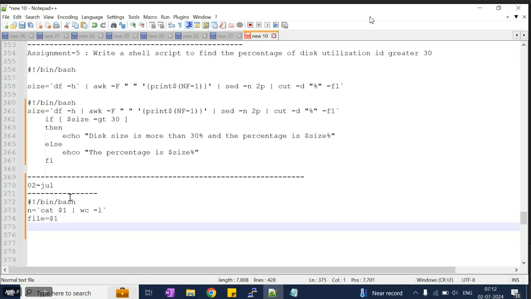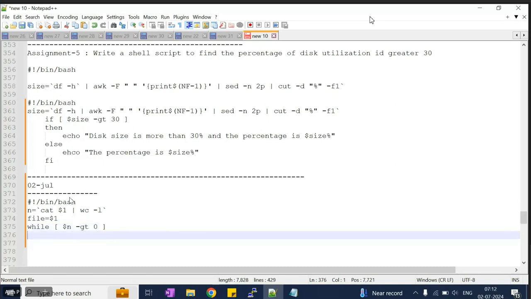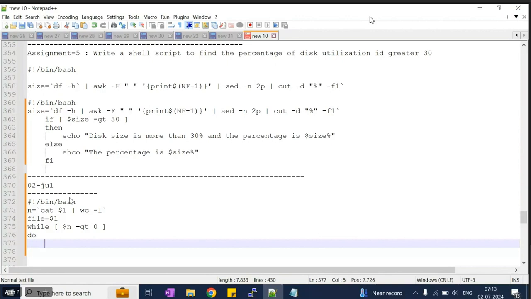Now my condition: while $n, the n value should be greater than 0, right? It should not be a negative number. So while $n -gt 0, where -gt is my relational operator, $n greater than 0. If this condition is met, then in my do statement